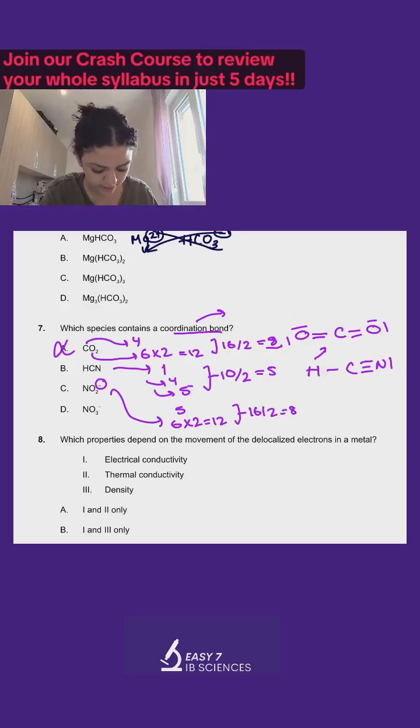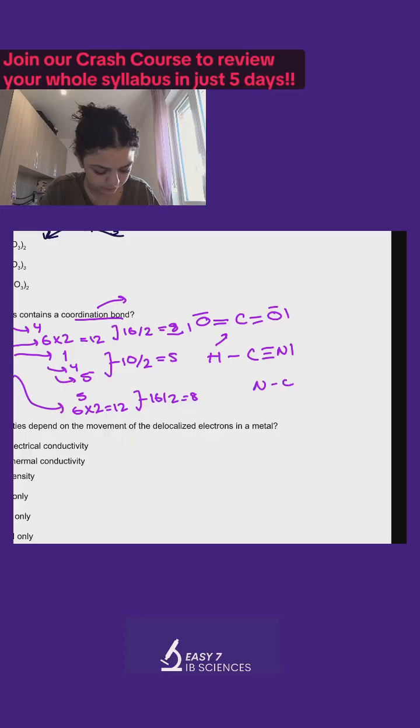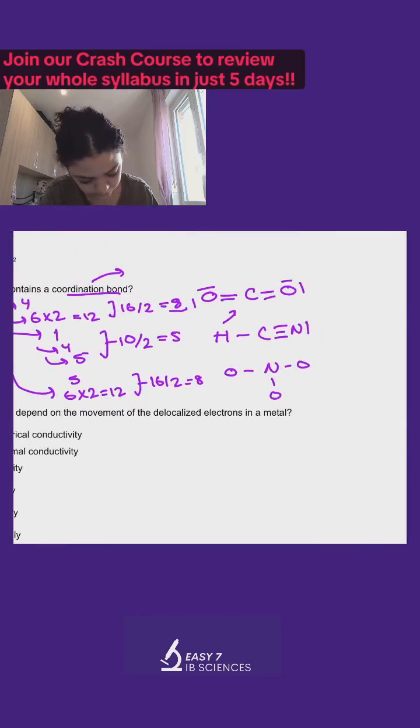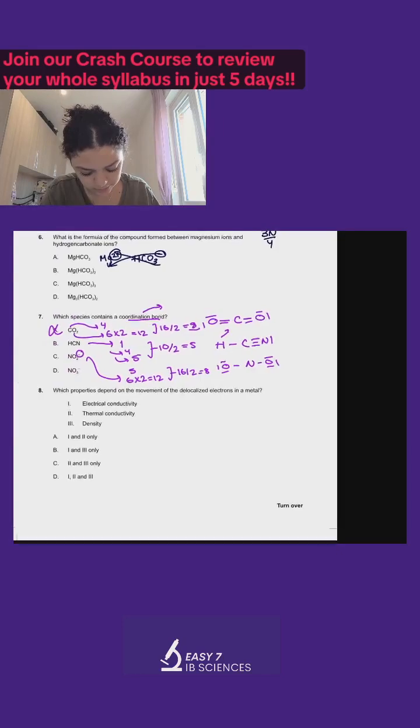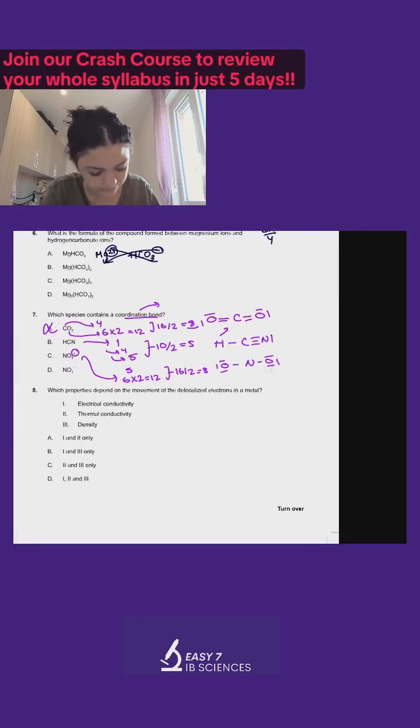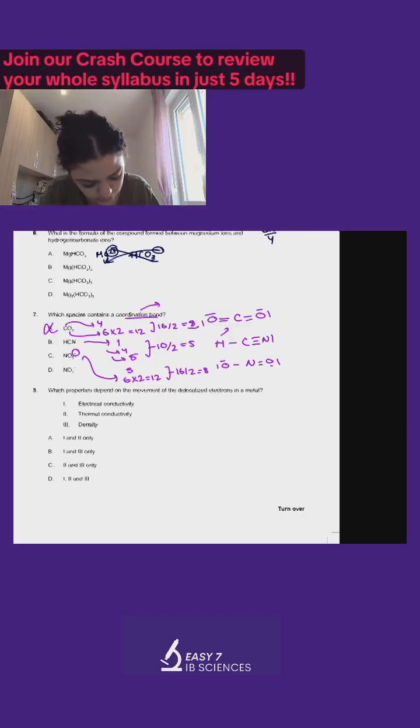16 divided by 2 gives me 8, and I'm left with NO, is it NO2 or NO3? NO2, sorry, NO2, and then I just count 8 sticks. 1, 2, 3, 4, 5, 6, 7, 8. My nitrogen is not satisfied, so what's going to end up happening? This is going to share its electrons with nitrogen here and here. The same exact case as what? As our